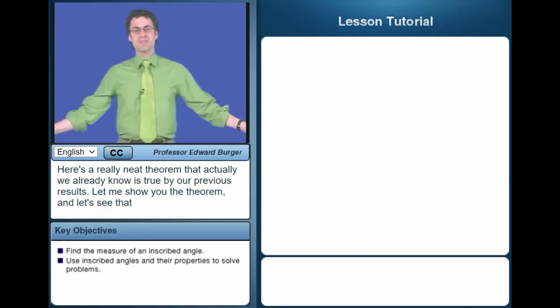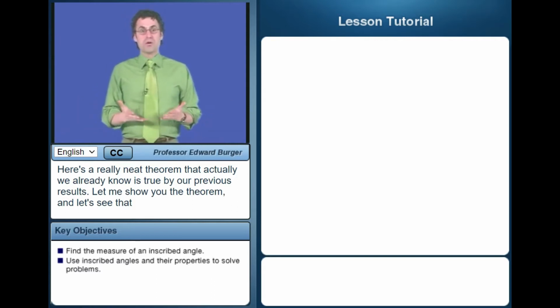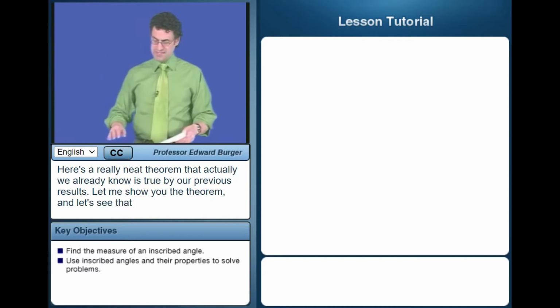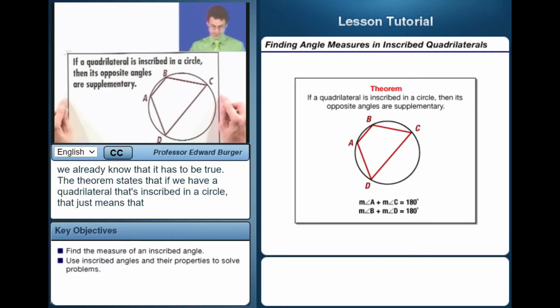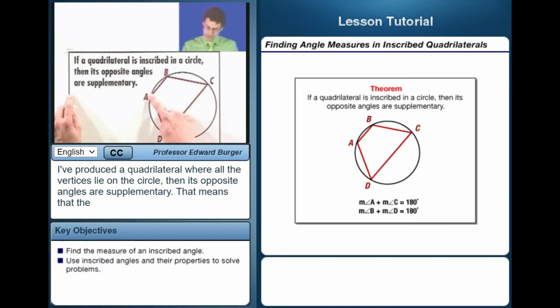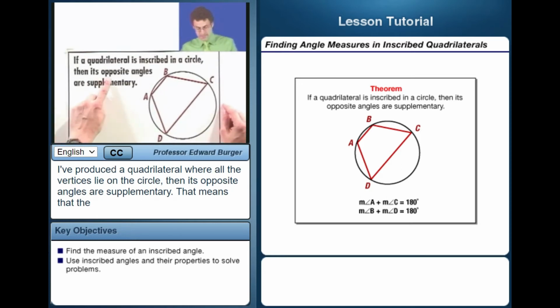Okay, now here's a really neat theorem that actually we already know is true by our previous results. Let me show you the theorem, and let's see that we already know that it has to be true. The theorem states that if we have a quadrilateral that's inscribed in a circle, that just means that I've produced a quadrilateral where all the vertices actually lie on the circle, then its opposite angles